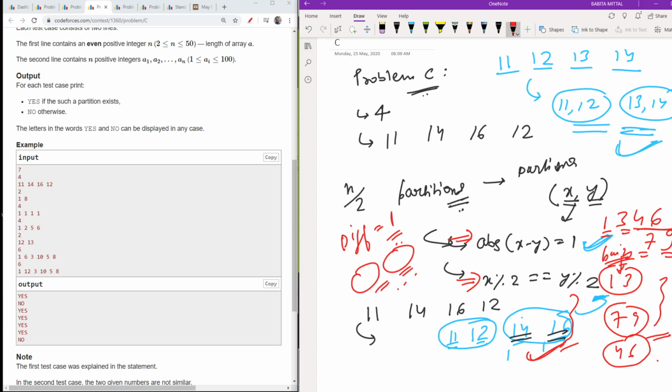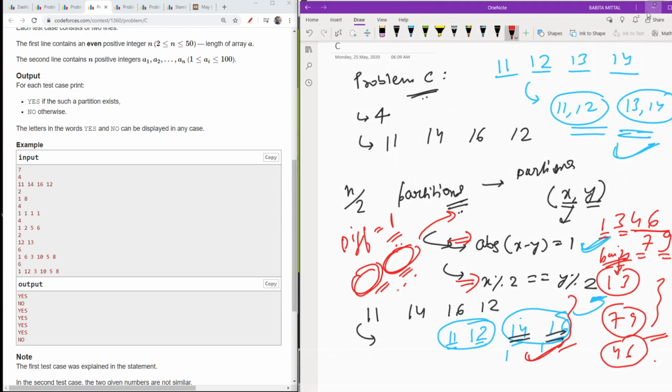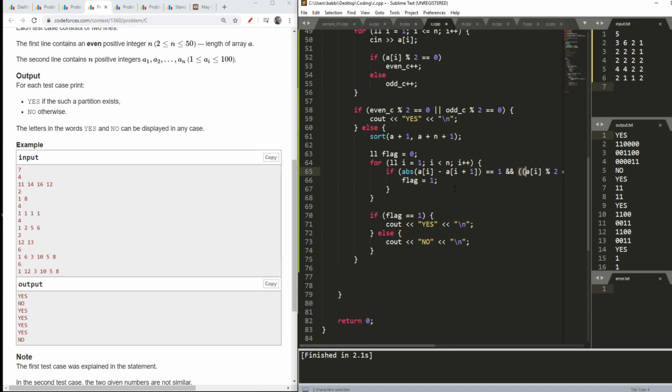Although I wrote that one should be odd and the other should be even, it will only be beneficial when one is odd and the other is even, because if both are odd or even, then I will basically include them in my array. The statement was a bit vague, so it is not much required, as I said. So I will basically check that ABS of A[i] minus A[i+1] is 1, and I will have my flag equal to 1.